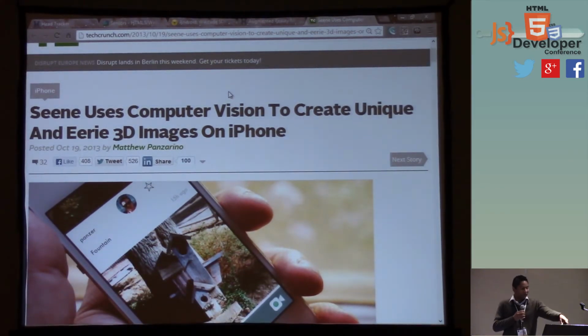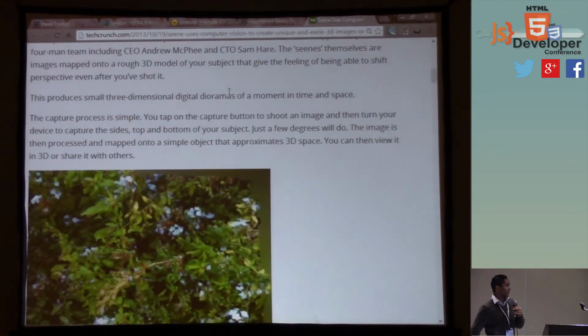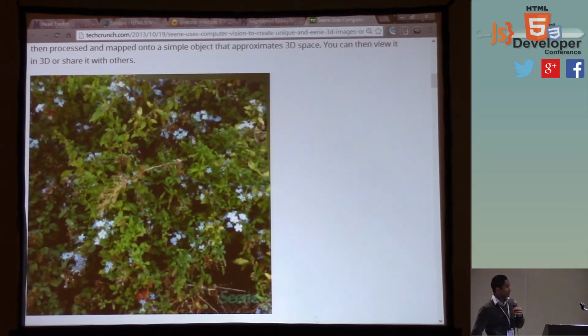What you do is you take your iOS device and take a couple of pictures, 1, 2, 3, really close together, and then they're able to composite the 3 pictures together so that when you're looking at it, it's like this. This is using WebGL.